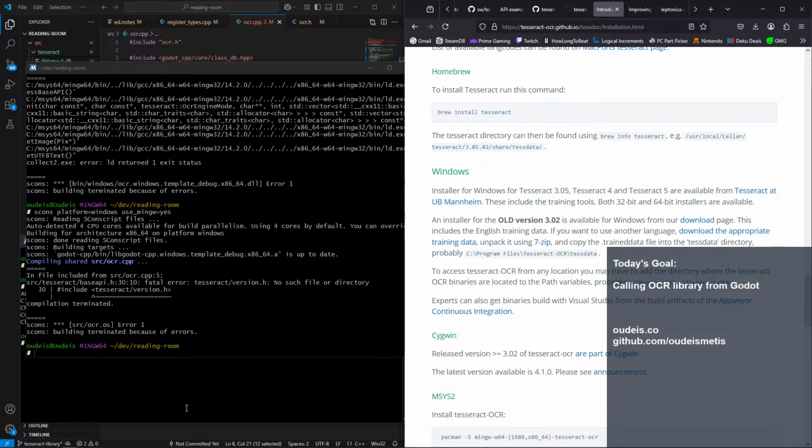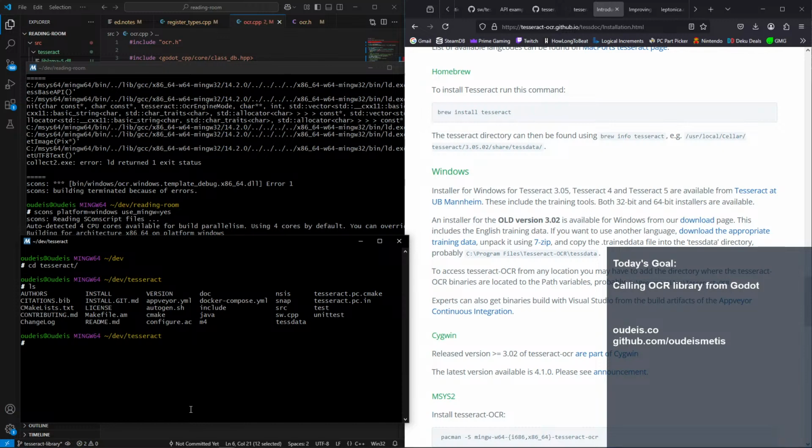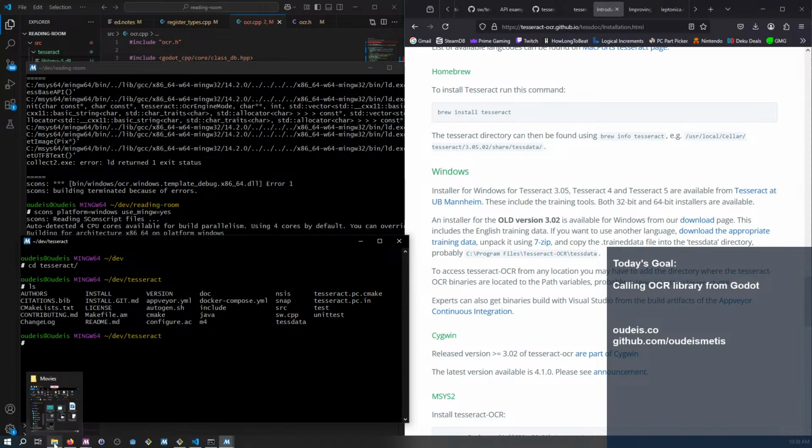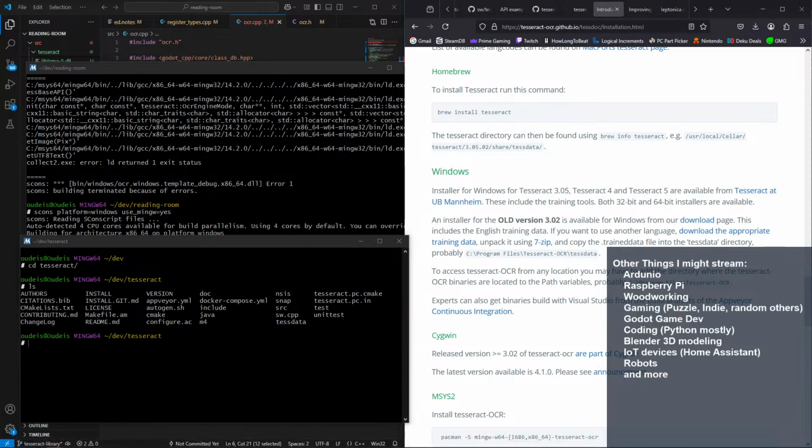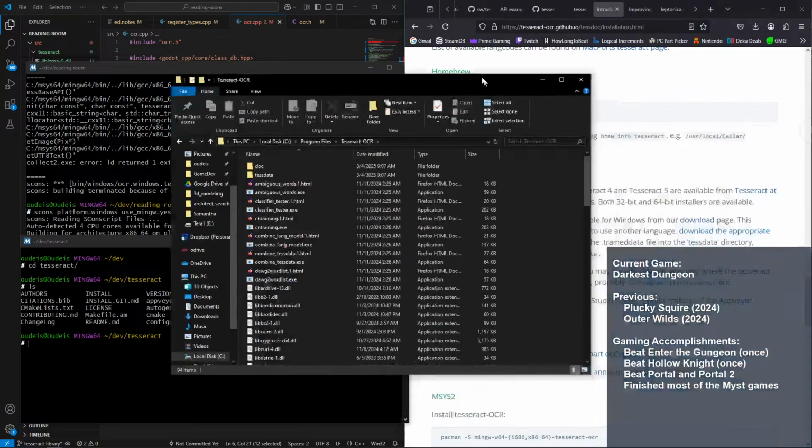So I did that. Let me see here. If I go to my Program Files directory, where's Tesseract? Okay, so this is the install